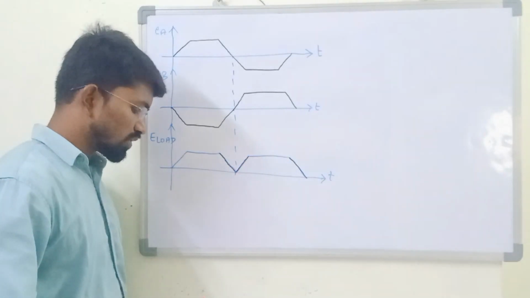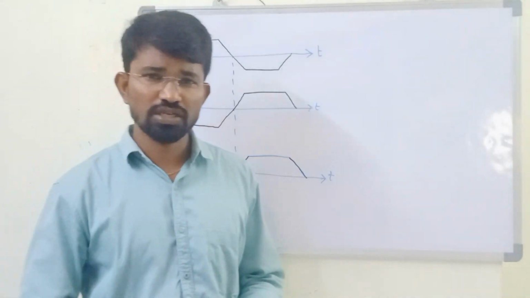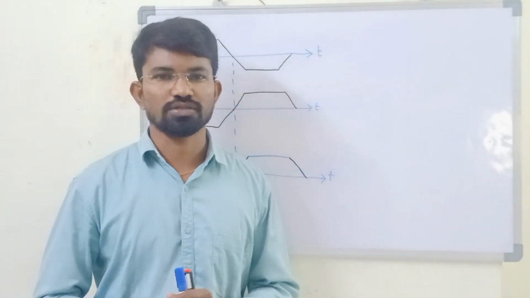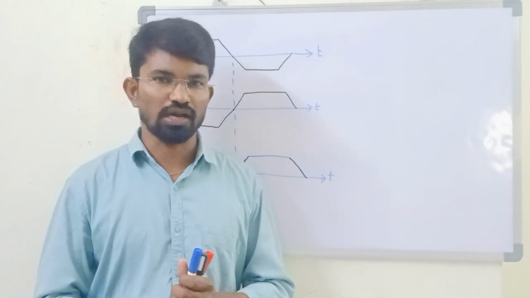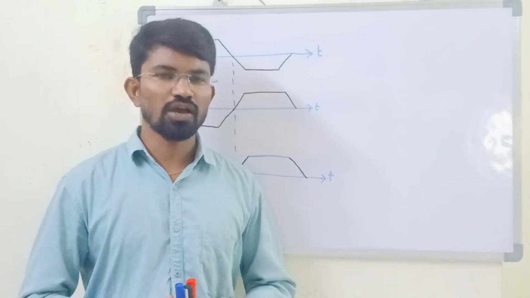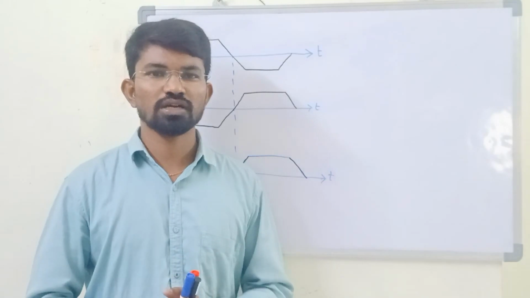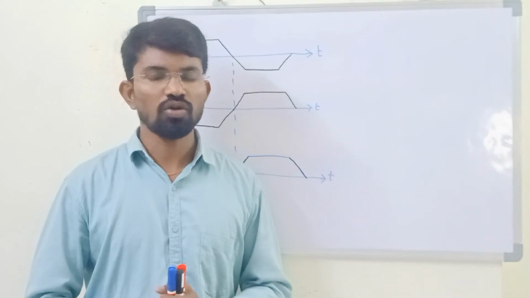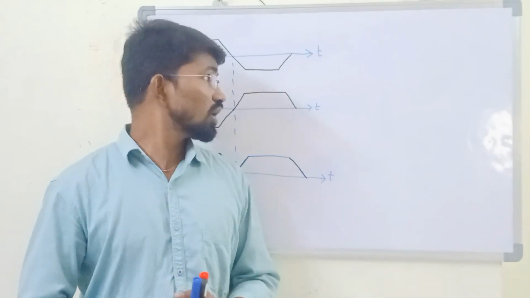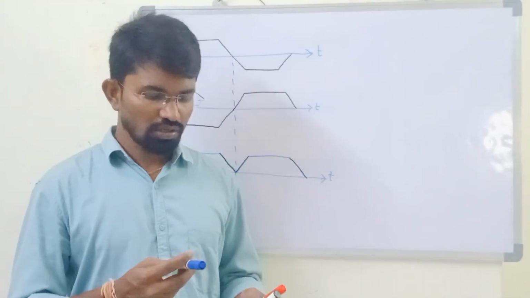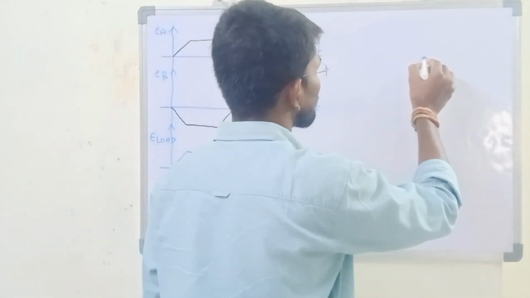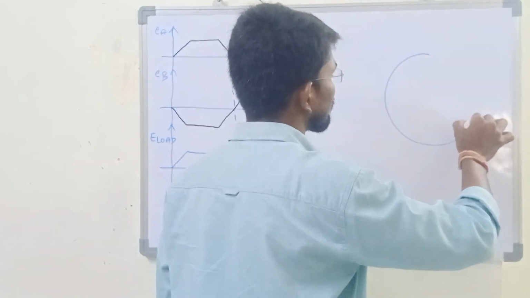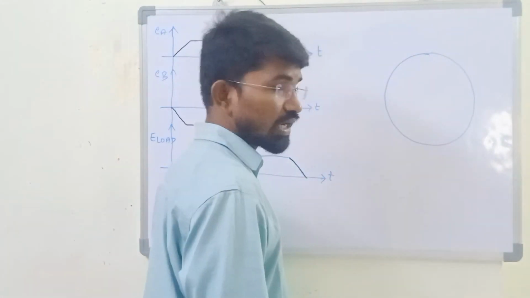So now let's see that one. So far in our explanation, we have considered only two conductors, conductor A and conductor B. That means we considered only a single coil. But will a practical machine have only two conductors or more conductors? Yes, a practical machine will have more conductors. Now let me take a practical machine and we will see how the ripples will be.